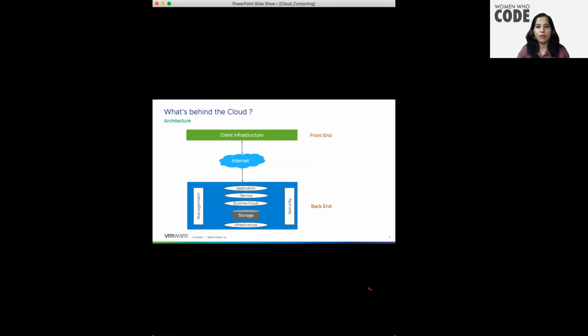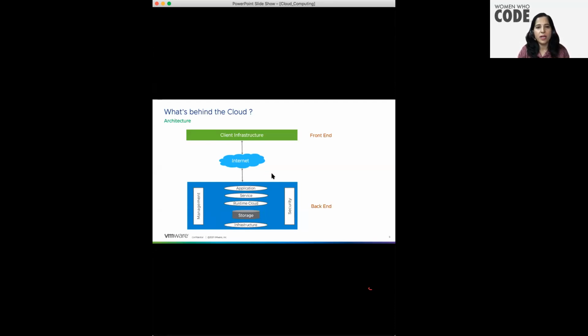Now, there are different components, and to manage those components, you need a component called the management component. On the left-hand side, whatever you see as management is the management component, which manages all these components together. And security is a very critical piece of any software or any cloud. Security provides multiple security mechanisms for secure cloud resources, systems, and files infrastructure. So this is the full architecture.